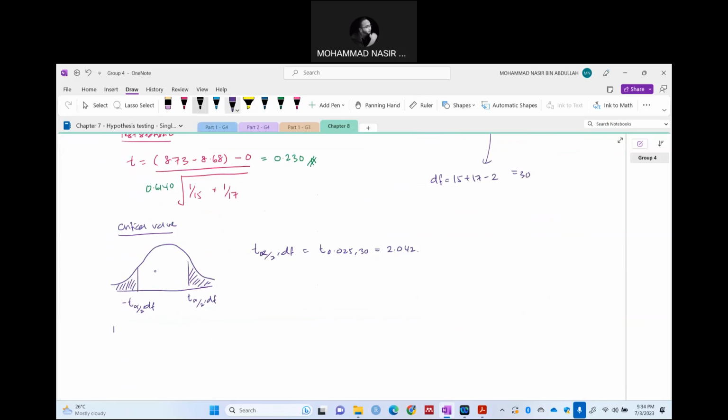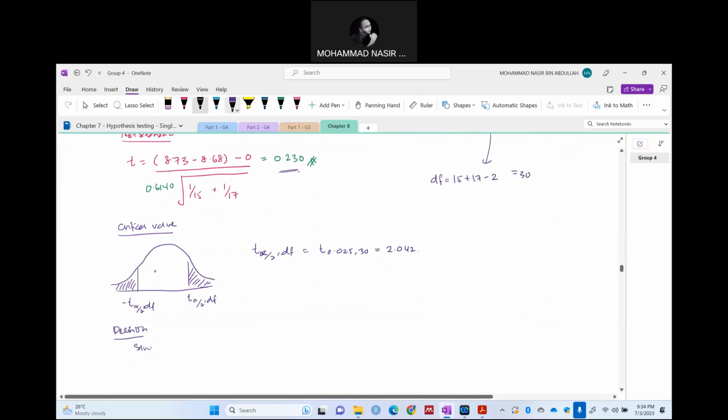So then our decision here is, since t calculated is less than T alpha divided by 2 with degree of freedom, null hypothesis is accepted,